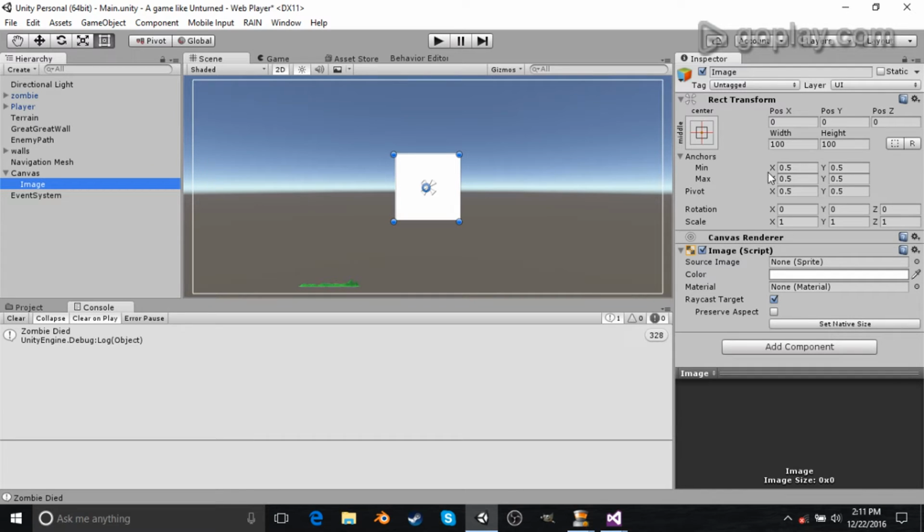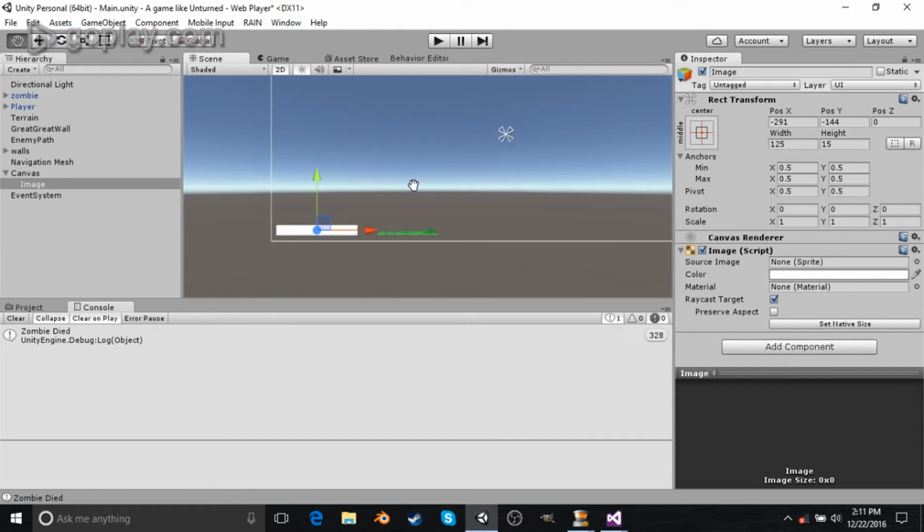And for this we will put, I don't know, width 125 by 15, I guess. Sure. So let's drag this down to the lower left corner. Alright. Then after we do that,